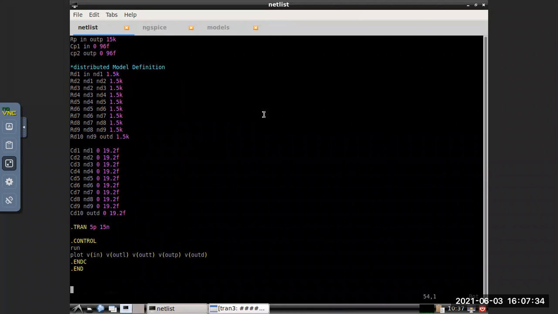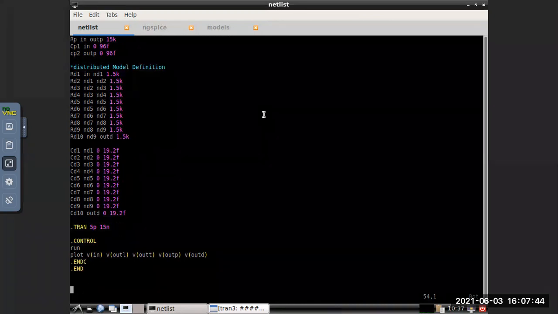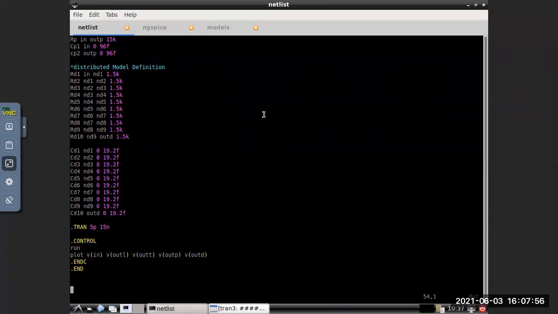Why have you written V in the control line? Why have you written V in that pulse in the control line?